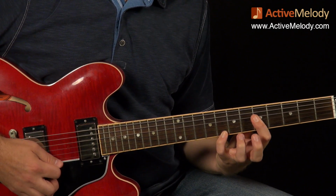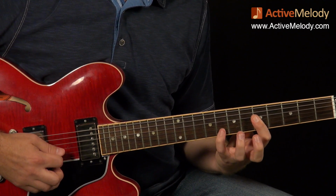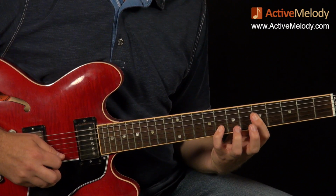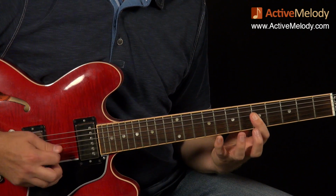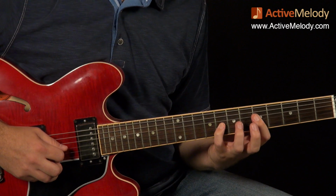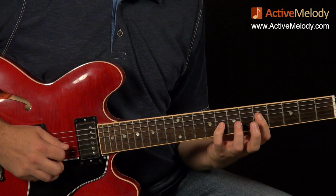And then I take my pinky off, and then I put my pinky back on, this time on the 8th fret 2nd string. Then take it off again. And then we're going to put it back on again, but this time it'll be 8th fret 3rd string. So you can see there's a little pattern there. So we go,